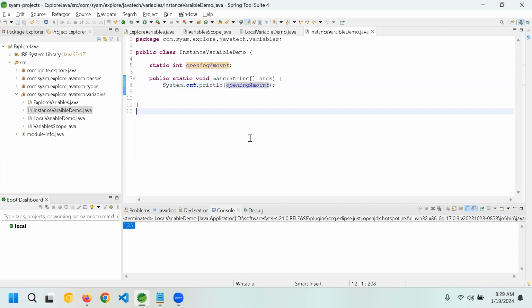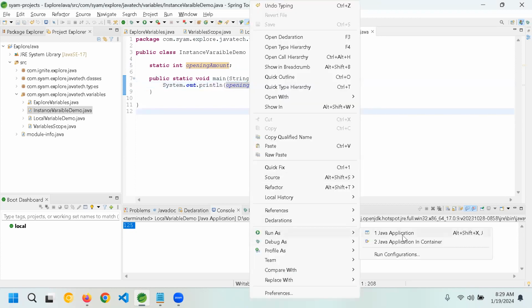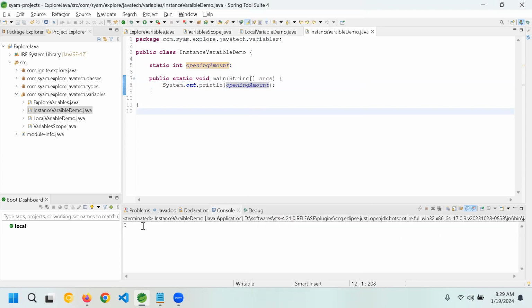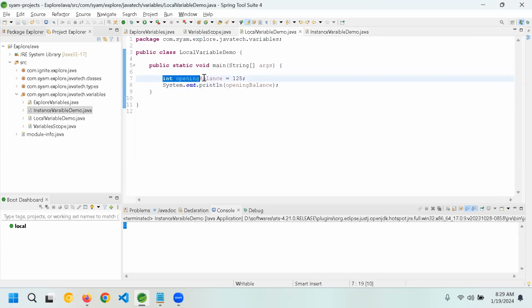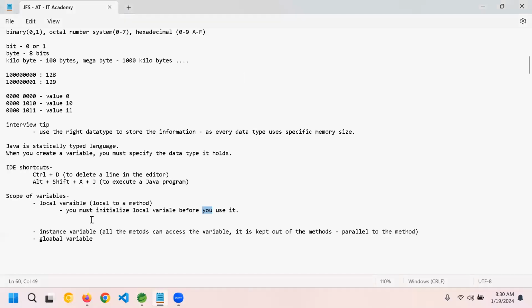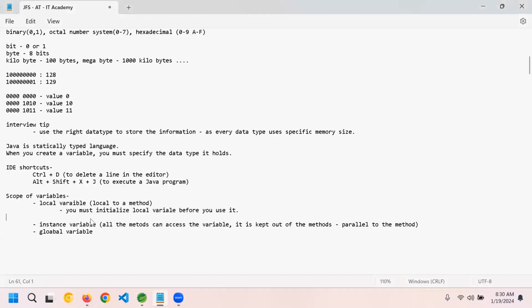Do you see? Is it giving any error for me? No. If I execute this one, right click, run as Java application. Now you can see the value is given 0. It means whenever you are using instance variables in your method, it will get a default value, but local variables will not get a default value. You have to initialize it. Okay. For instance variables,